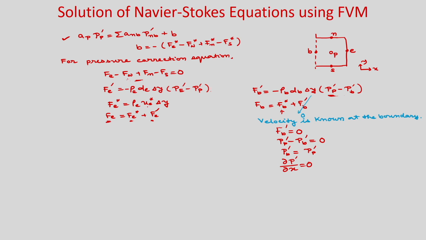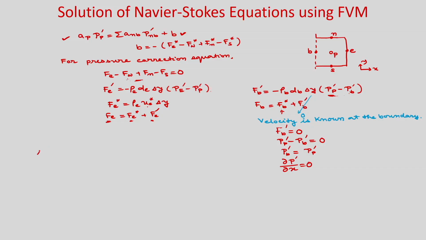However, these pressure correction values are not required for the boundary, because you will not add them in the pressure correction equation while solving it. And if pressure is specified at the boundary, what will happen? In general, when you have a flow inside a channel, at the outlet we specify the pressure, maybe the atmospheric pressure, open to the atmosphere. If it is so, then you do not need any correction at the boundary, right. So, that means P prime will be 0 at the boundary.